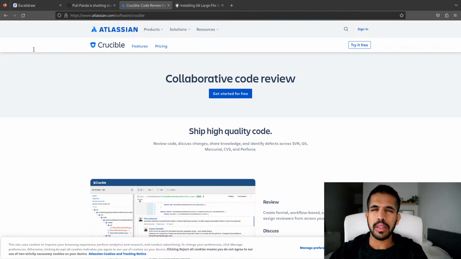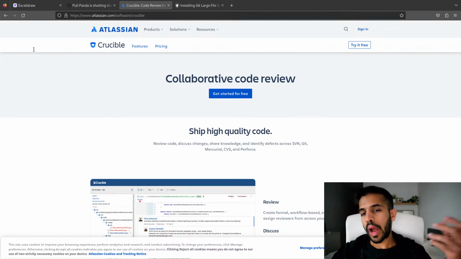So just going over the code and noticing when things seem difficult to understand or difficult to read, that's a good point to bring up. It's a good point to chat about with the person, ask them why it's done this way, and then propose ways of doing it better.